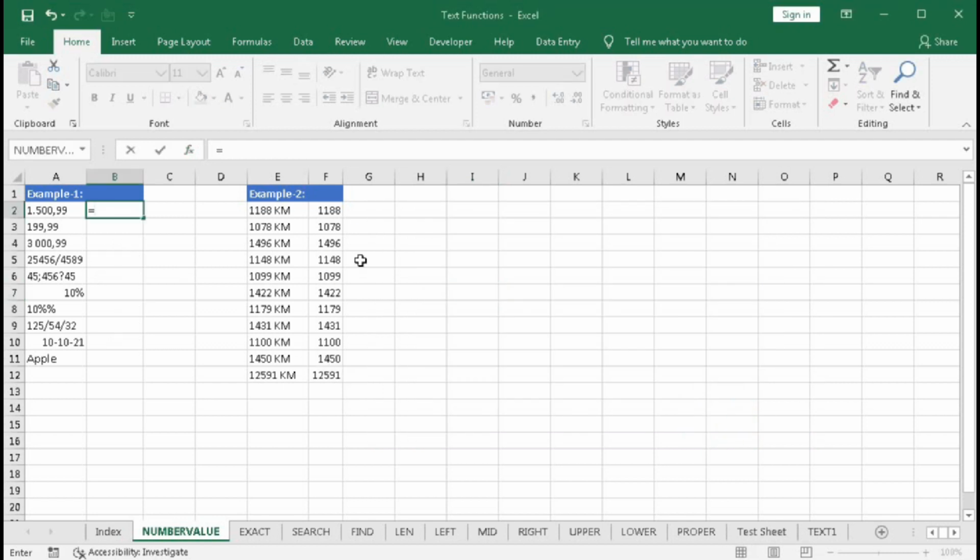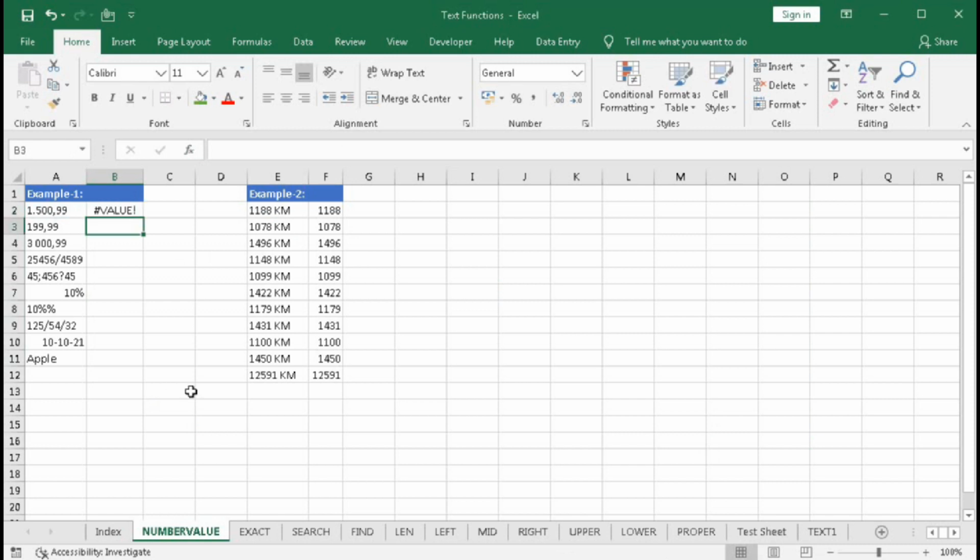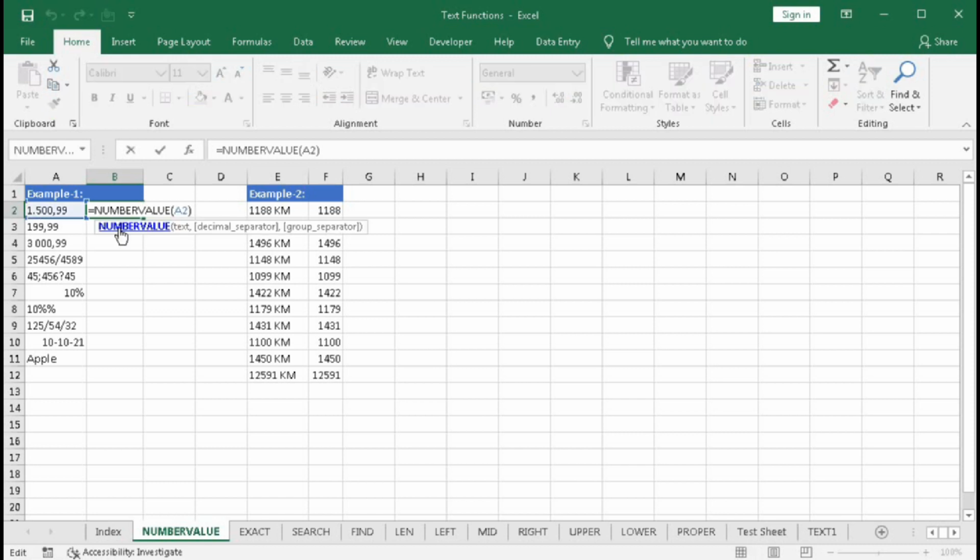Equal to NUMBERVALUE, then select this, bracket close and enter. We can see it is giving an error value because it is a number, but we have here a decimal and then a comma, so we cannot use this in a simple manner.